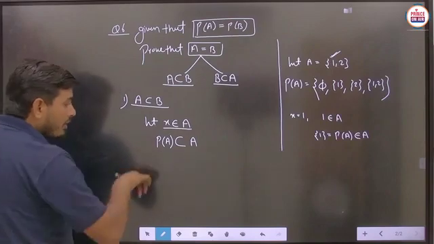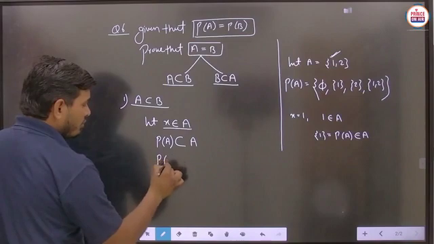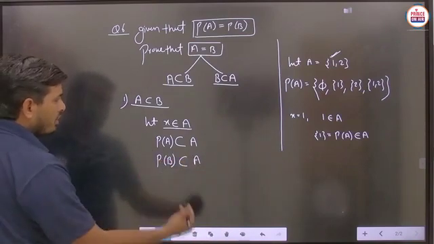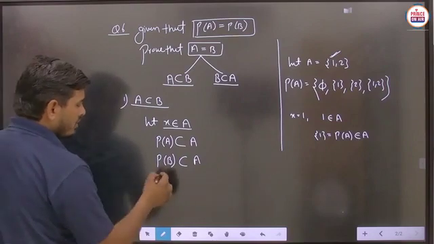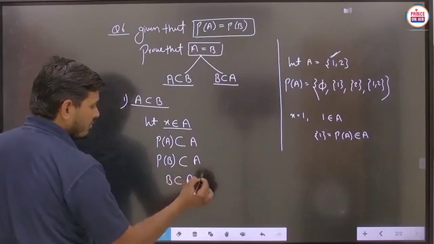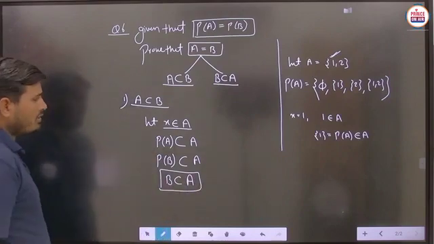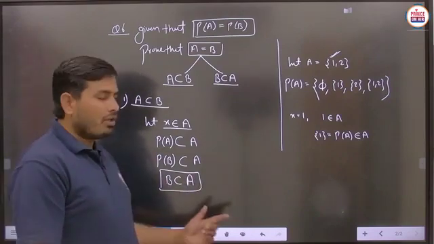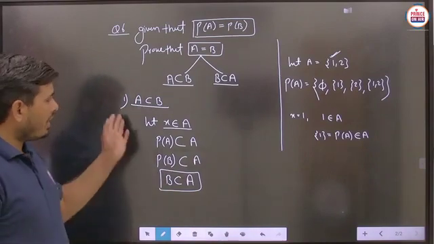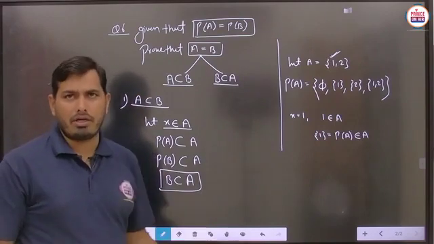Now student, the power set of A is given as equal to the power set of B. So you can use here that the power set of B is a subset of A. Is it clear? So definitely in this particular case you can say that B is a subset of A. So easily you can prove the things. If A is a subset of B, then obviously student you will get the result that B is a subset of A. Means A is a subset of B and B is a subset of A, both are equal according to the given condition we are taking.